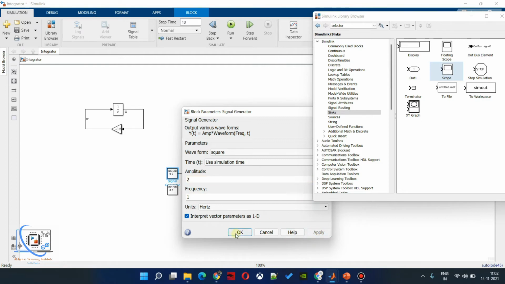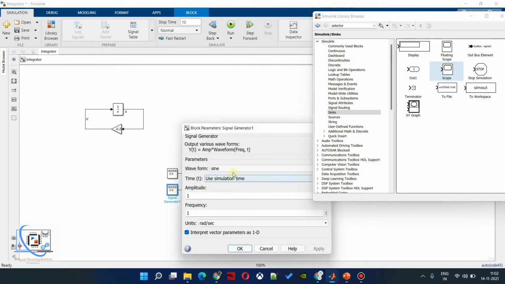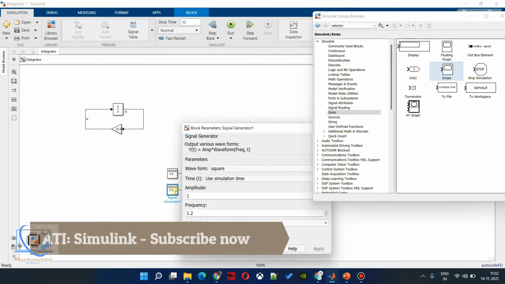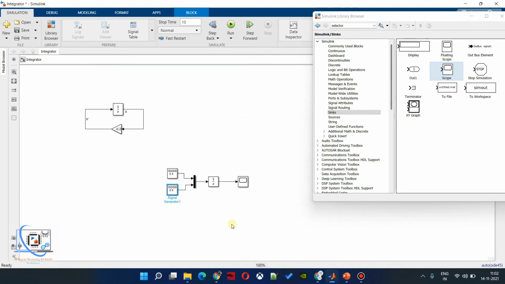That's okay, no issue. For the other one, we are going to get a sawtooth wave with a frequency of 1.2 hertz, not radians per second. So this is our square wave and this is our sawtooth wave, sorry.